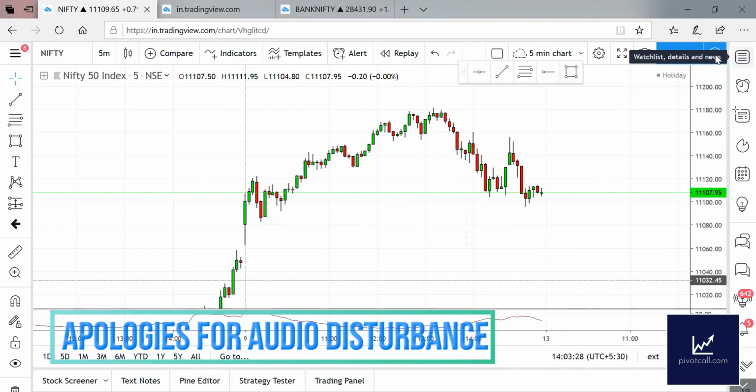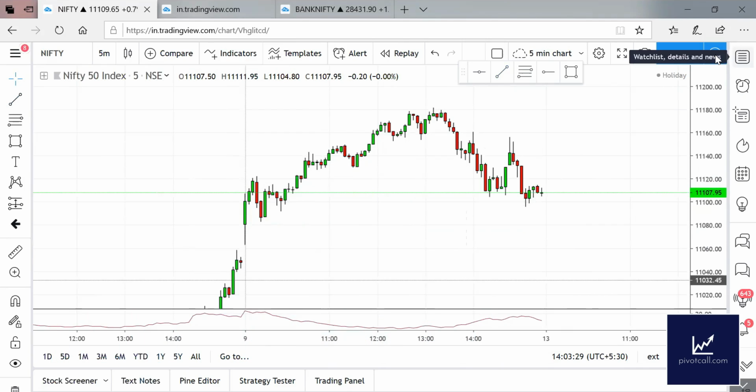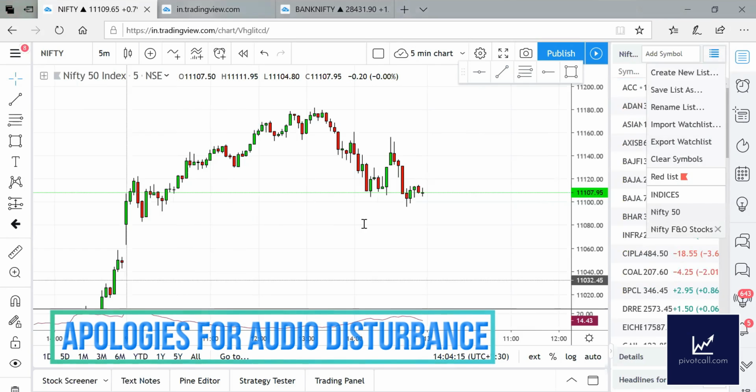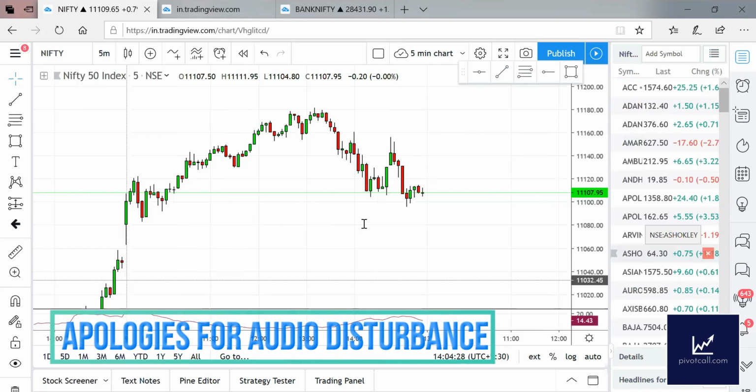So see watch list. Okay, watch list. You have to go here. You have to click this button, which is watch list, details and news. Click there, and you can see here. These are my watch lists. You can see my watch lists here. There are three watch lists I have: Nifty 50 and Nifty F&O. When I click, index Nifty and all other sectoral indices, and if you click on Nifty stocks